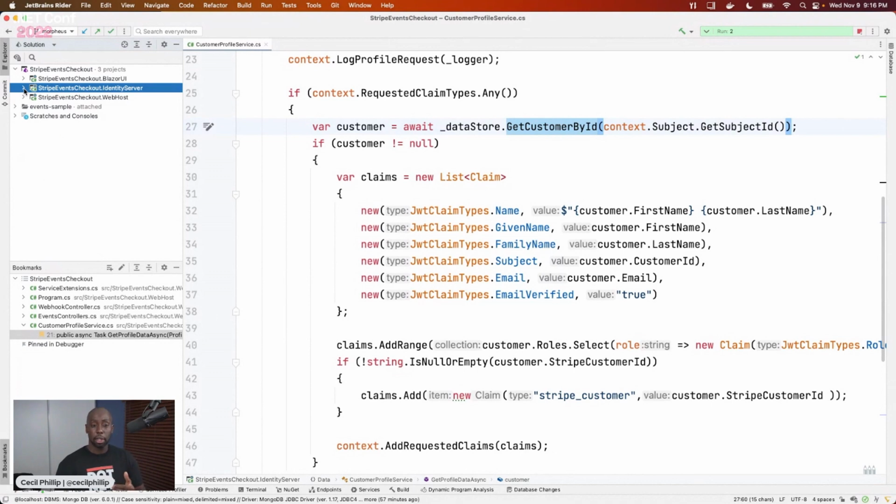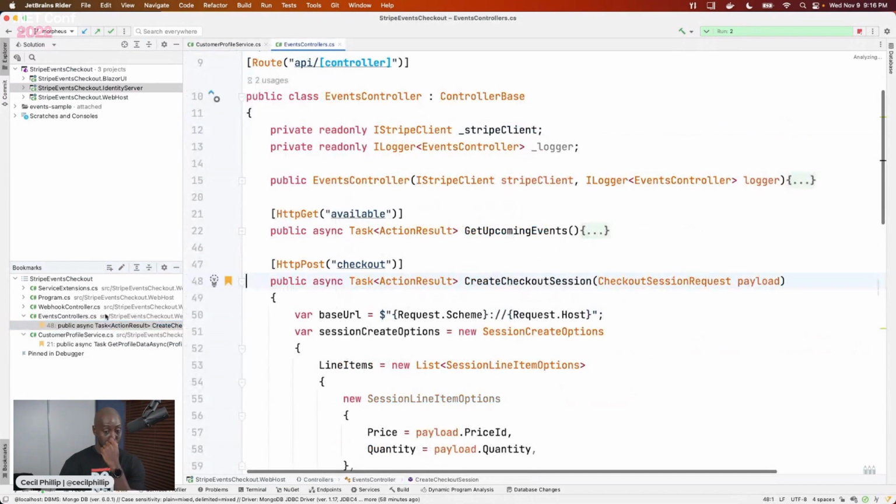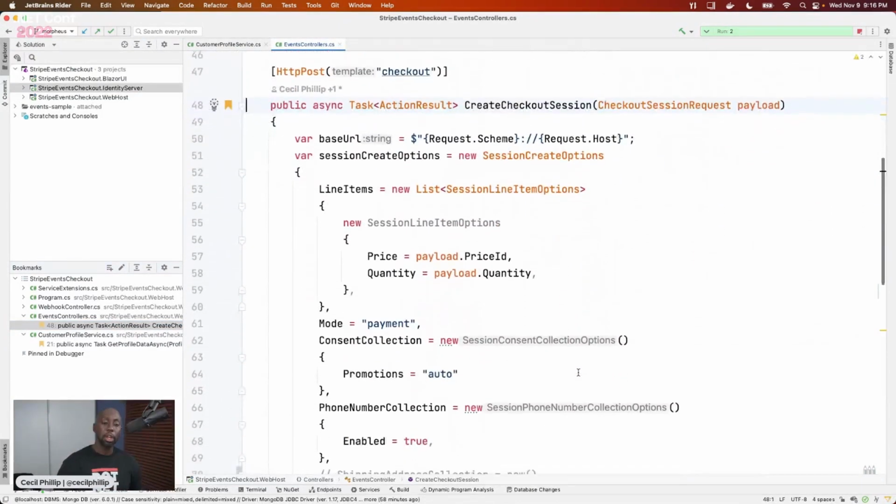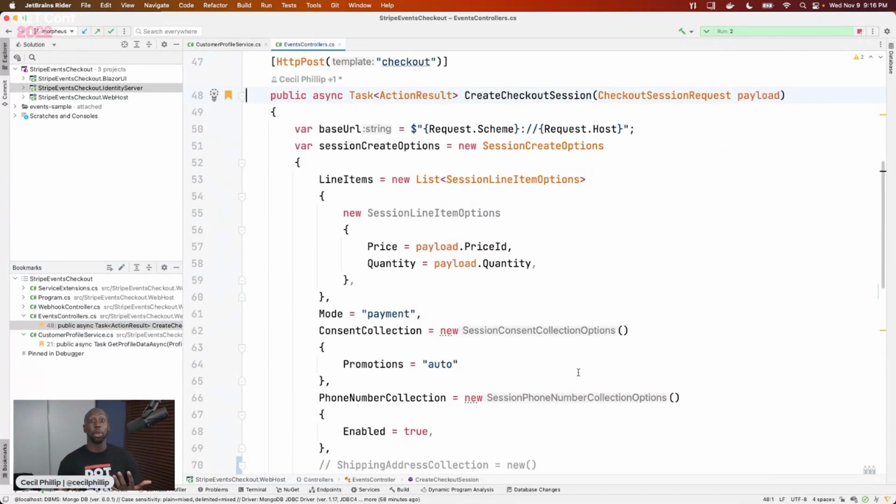Now, after I've logged in, I essentially have claims in that account, and those claims can let me know who my customer is. So now when I head over and hit that tickets button, what's going to happen, I'll show you this part. We're going to create a thing called the checkout session. This is the first part where we're actually going to start integrating with Stripe a little bit, outside of showing those products that were on the page.